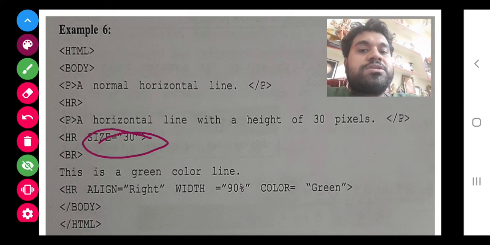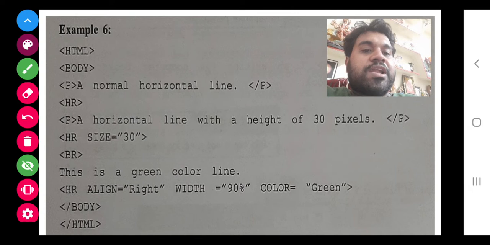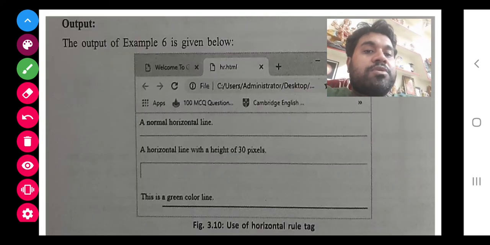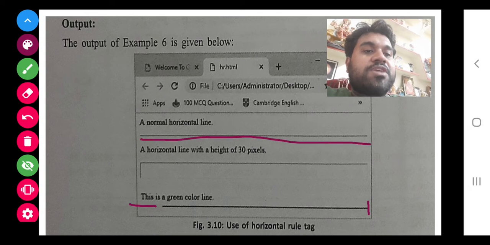At last in this is alignment, right alignment with width 90% and green color. So it is coming right aligned. You can see that here less gap, here more gap. This line is 90% of 100%, this one is the 100%.